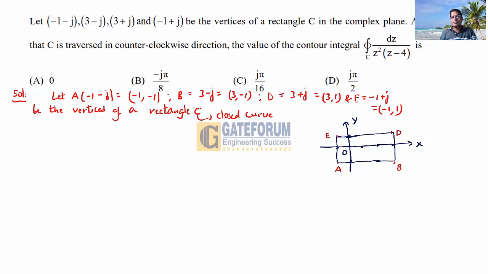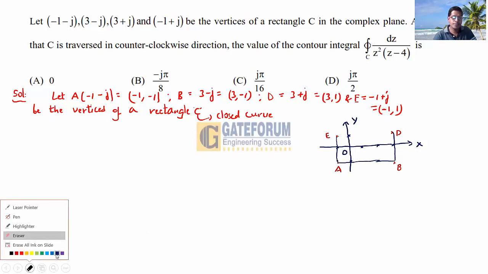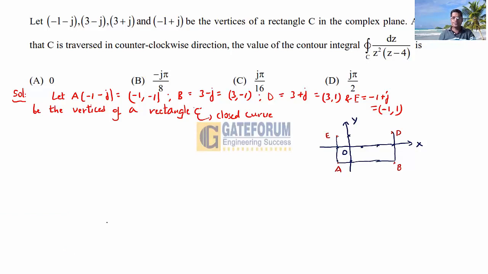Rectangle. Okay, so this is the C direction,